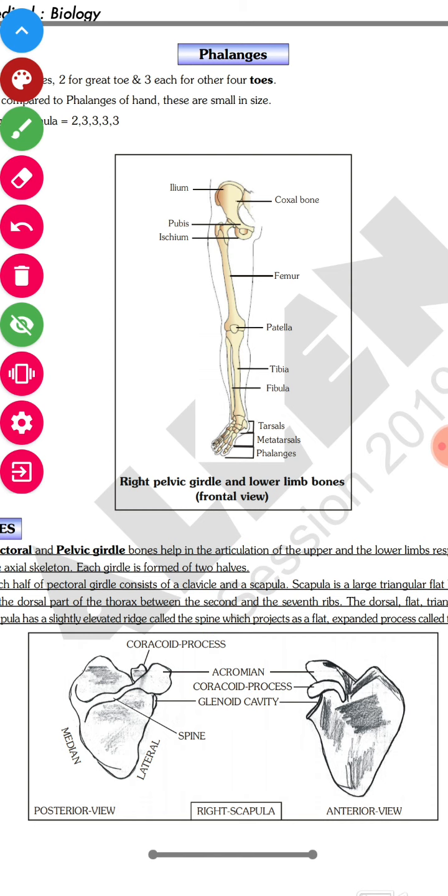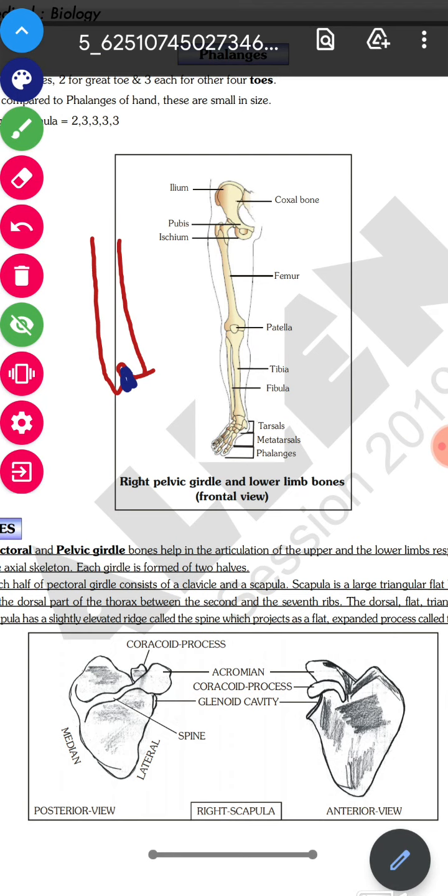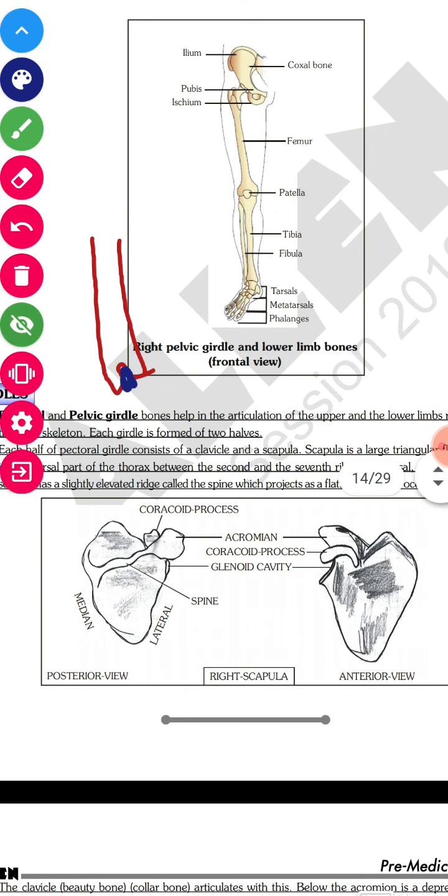When we talk about only the limb, then here the longest bone, also called the thigh bone, is located, which is the femur. After the thigh bone, just as radius and ulna were there in the forelimb, over here tibia and fibula are present. And over here in the middle you can see the kneecap, or patella. This is going to be present in a cavity. This is the femur, right? In the femur there is going to be a cavity like this, and in this cavity only the patella is going to be there. So we'll study each in detail.